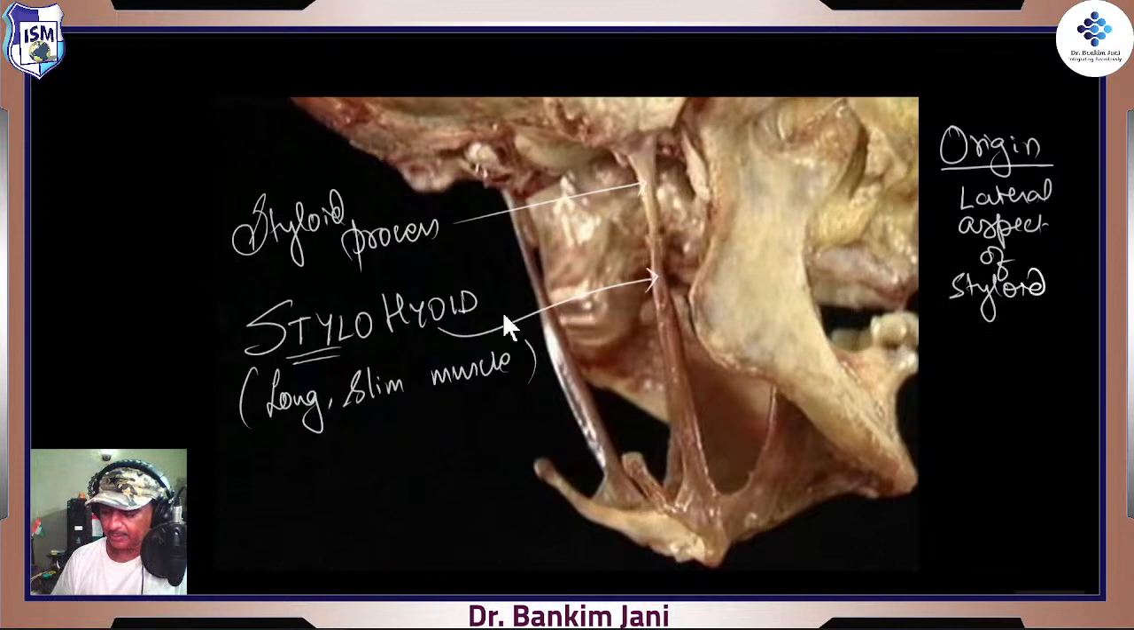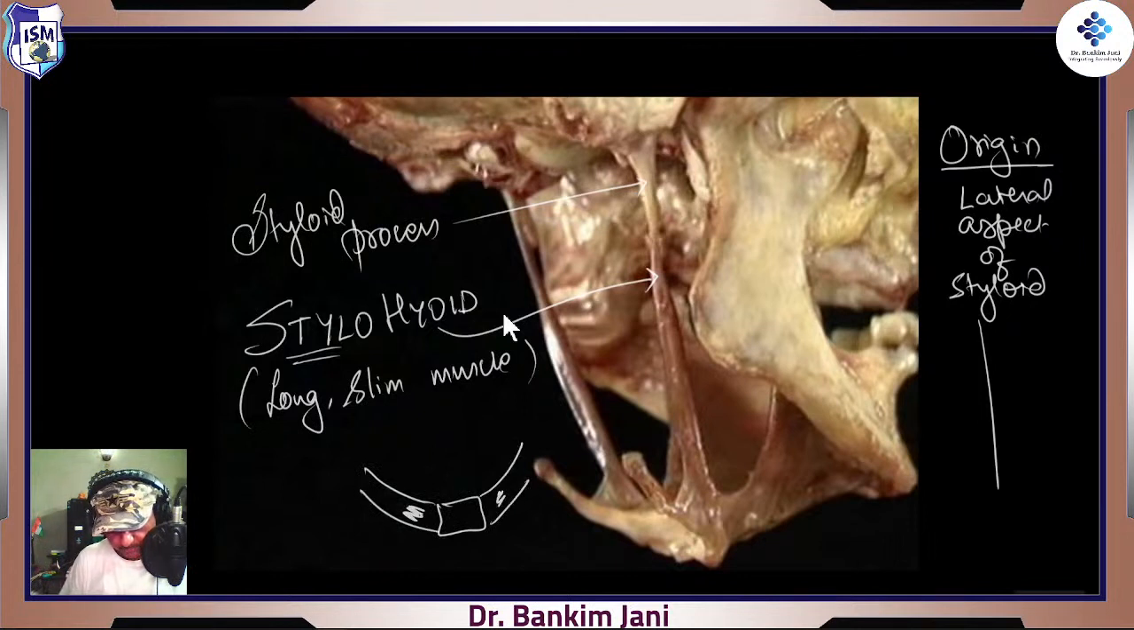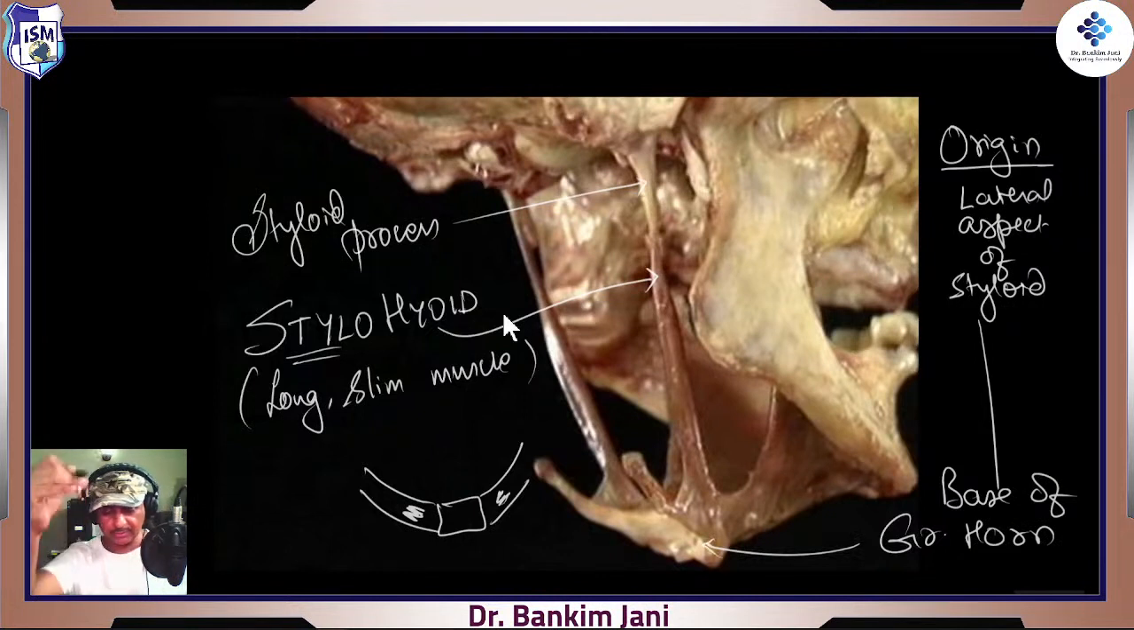And then insertion, that is on the greater horn of hyoid bone. So if this was the body, this was the greater horn, this is the location. That's the location, right? So that is the base of the greater horn, obviously of hyoid, right? No need to write. So that's where it is attached. So this is the stylohyoid. Now